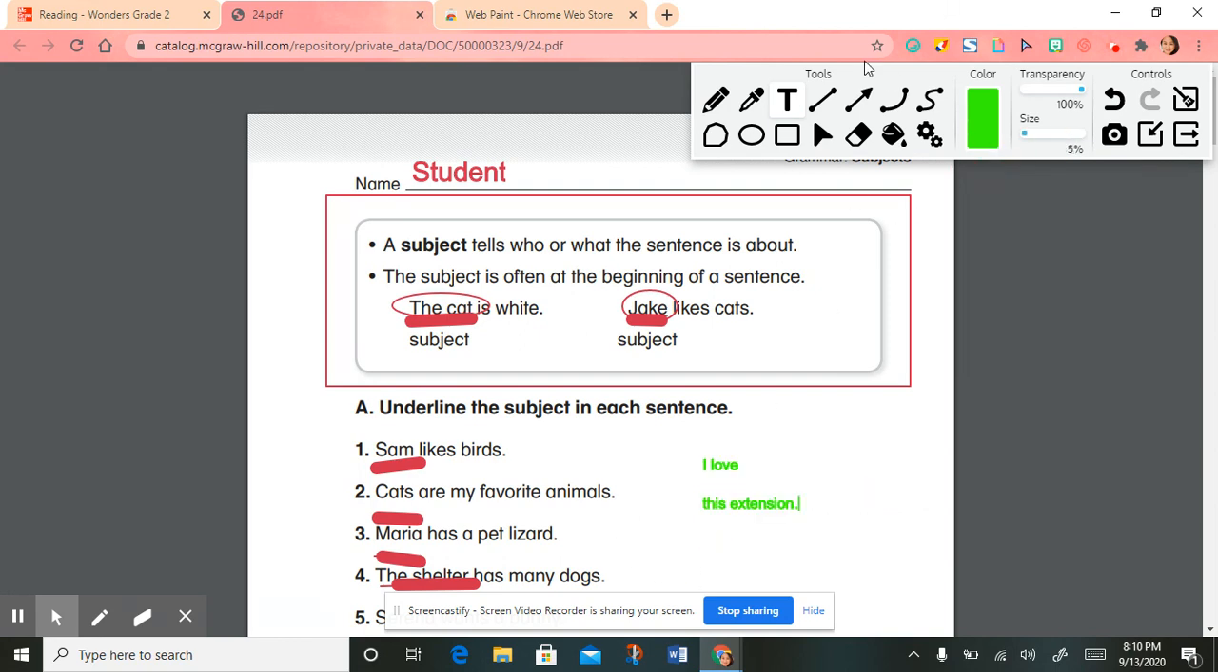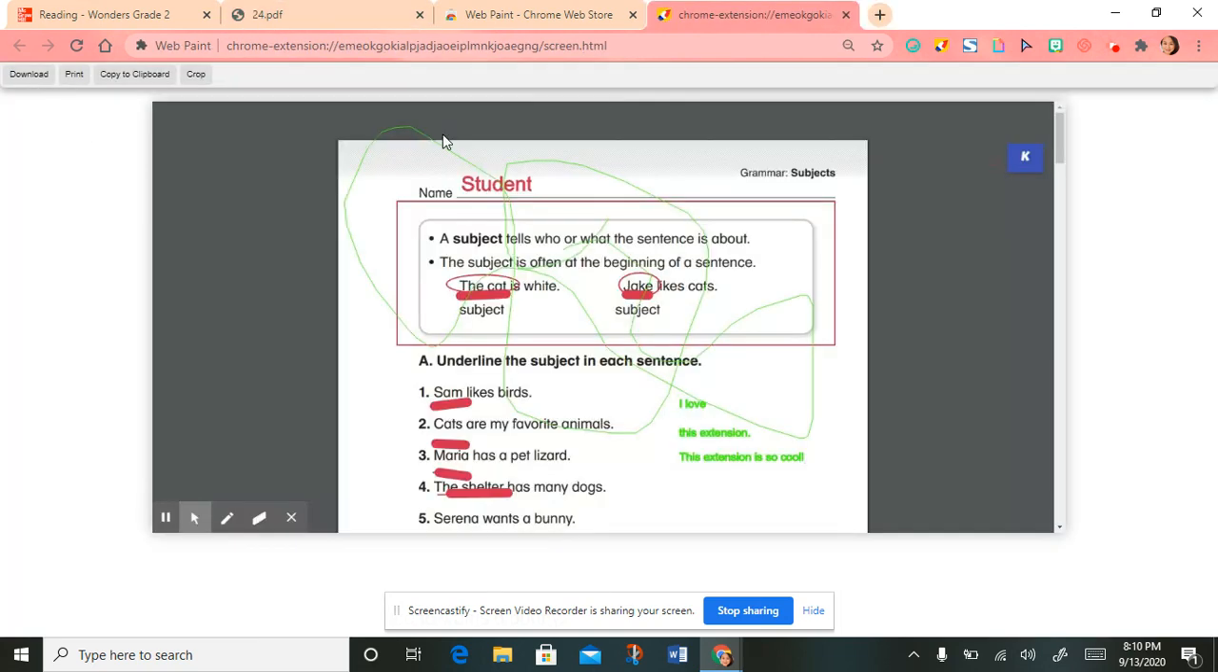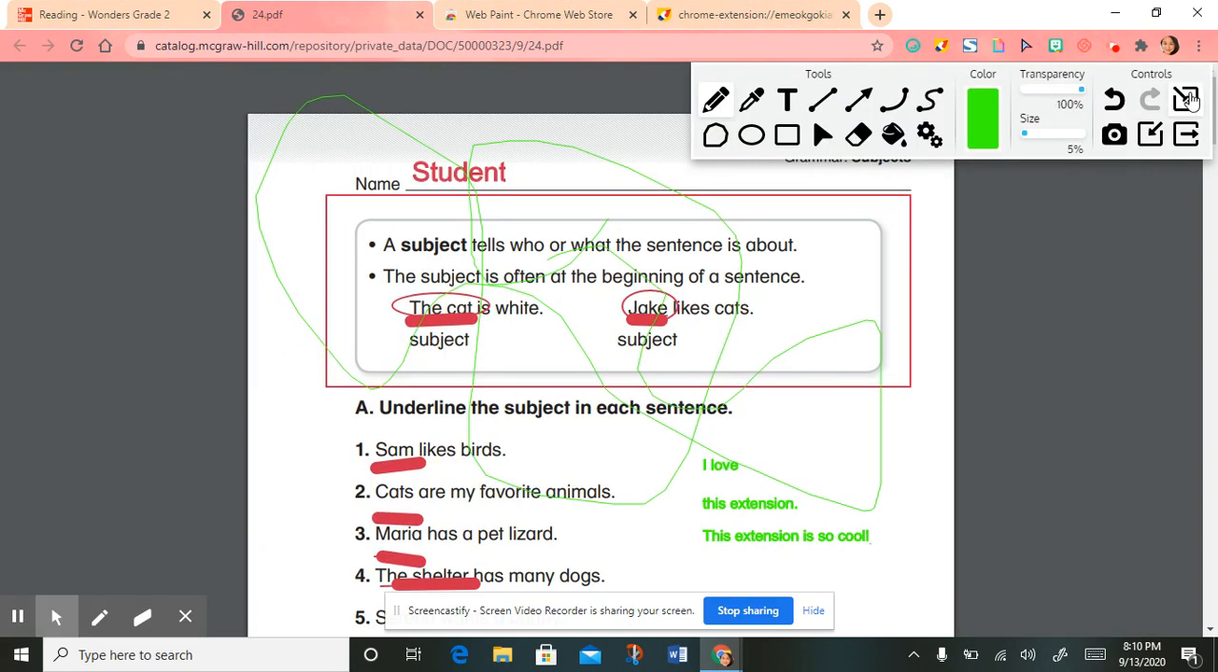Yeah, I'm going to write, this extension is so cool. Okay. And I could start drawing all over it. And let's say I'm super proud of this work, then I could go ahead and select that camera to take a screenshot of it. I could download it, I could print it, copy it to a clipboard, or I could even crop it out. I'm going to go back to the page, and let's say I'm done, then I'm going